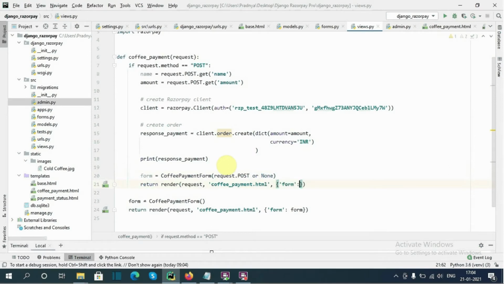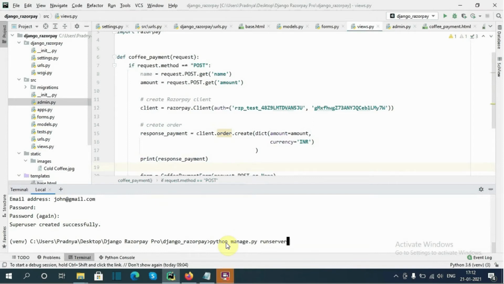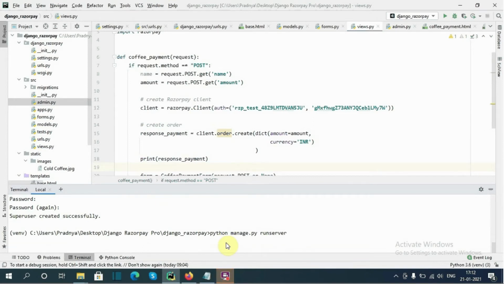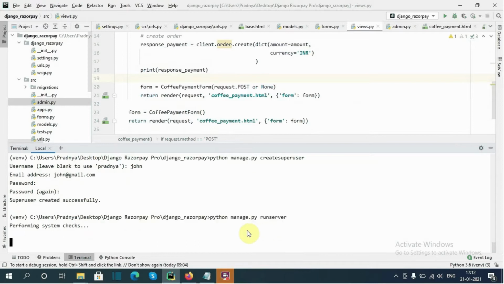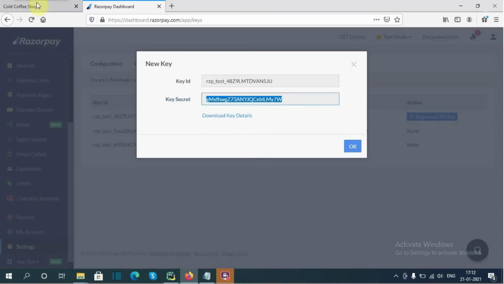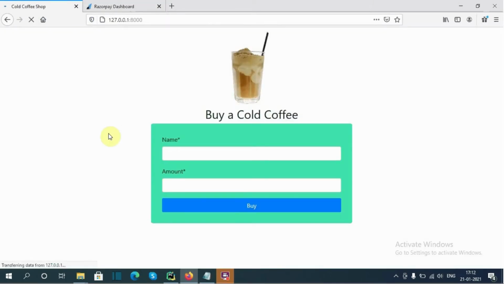I will pass the form. Okay, now let's run our server. I will refresh here. I will pass here name Amol, then amount 70 rupees. So I will click here buy.